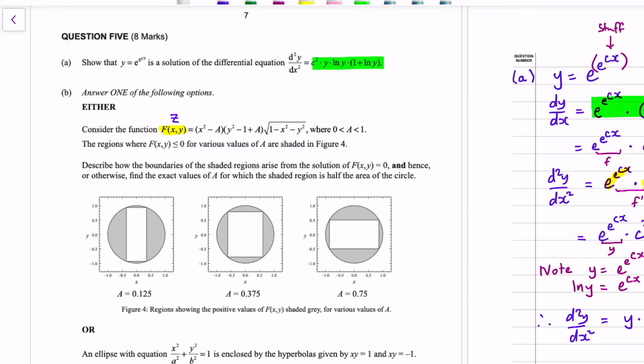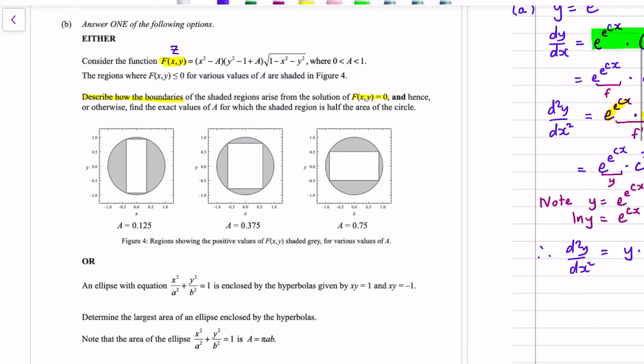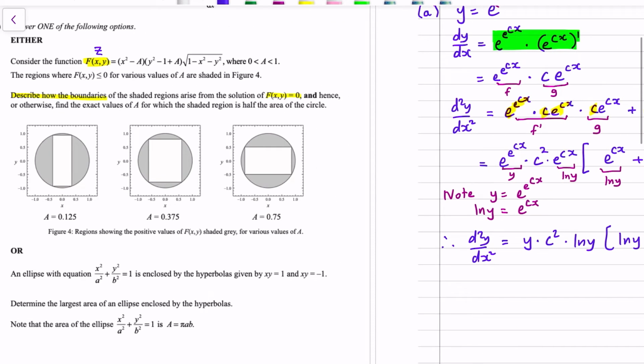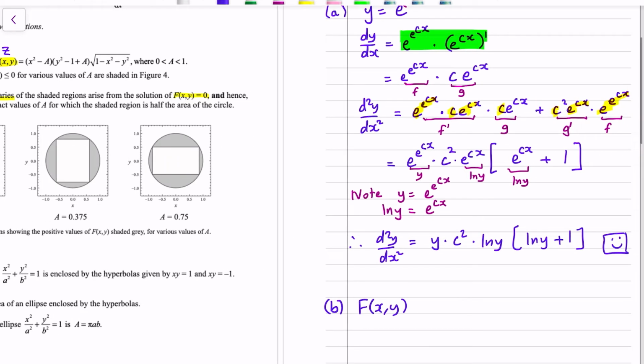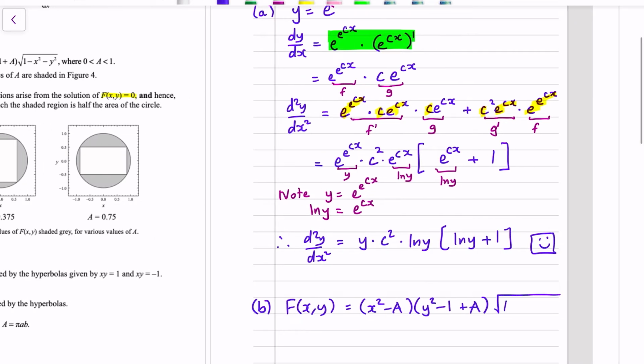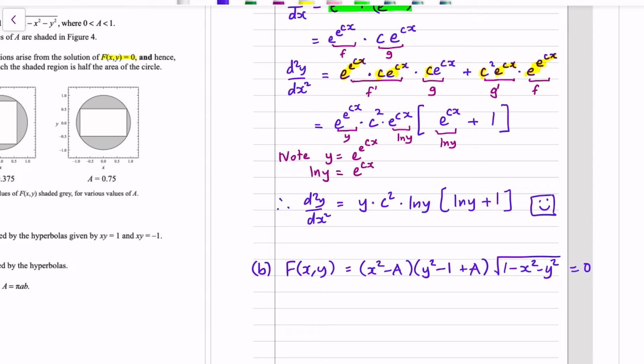First up, it asks us to describe how the boundaries arise from the solution to f of x, y equals 0. And then we're asked a question. So first up, let's have a look at what f of x, y equals 0 looks like. So if it equals 0, one of the three factors has to be 0. So it could be either